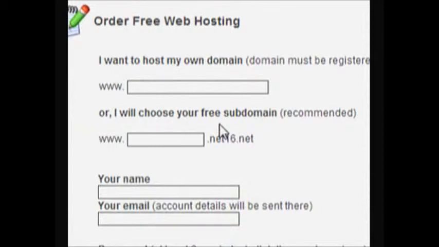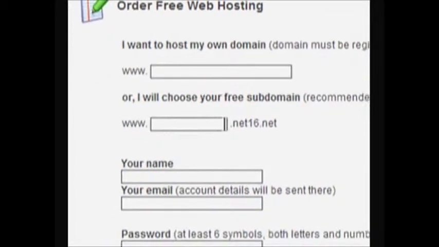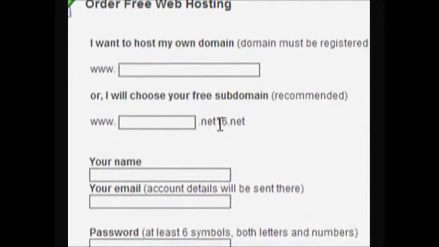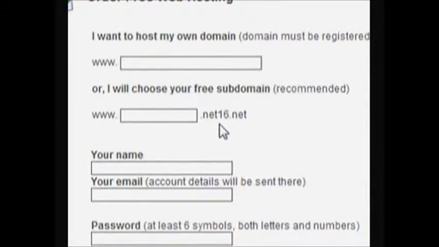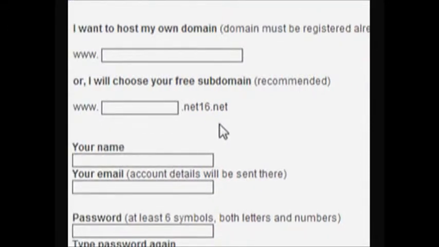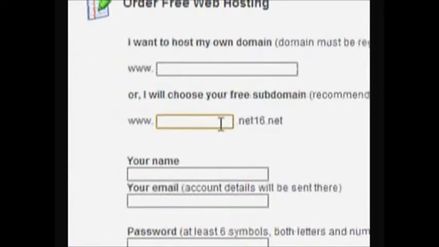The other option is a free domain, and just like 000webhost, I would recommend it because the advantage is it's free. But obviously there's one disadvantage as well: it's more like a website's name, and then you'll have a subdomain, in this case net16. There's other subdomains that are technically generated randomly, and then a domain like .net or .com. So I'm going to go ahead and fill out the free subdomain, since I'm not really bothered to pay